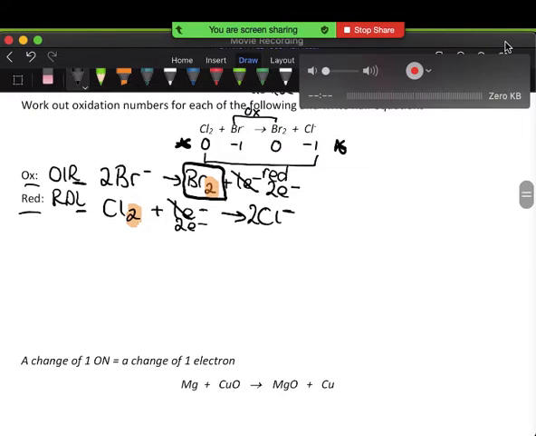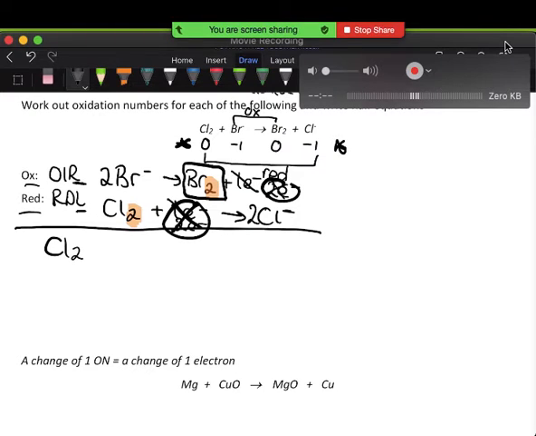So if my electrons are the same on both sides of my arrow, so I have 2 here and I have 2 here, then I don't need to do anything else. So I can cross these out and I rewrite everything as it stands. So when I rewrite, it'll be Cl2 plus 2 Br minus goes to Br2 plus 2Cl. Now I know we can absolutely positively have done that without getting into oxidation states and half equations, but